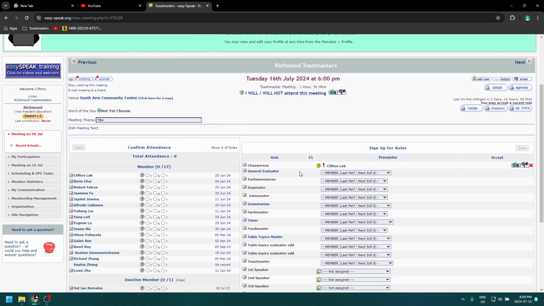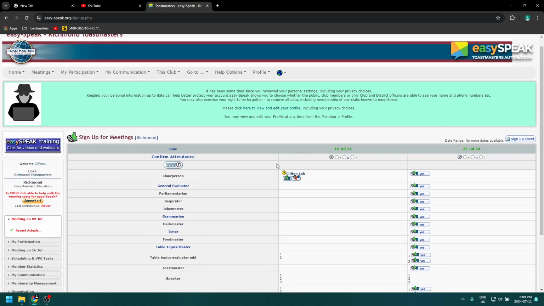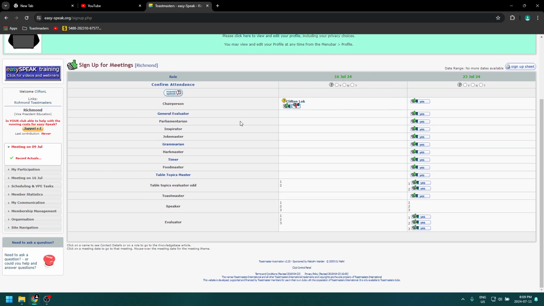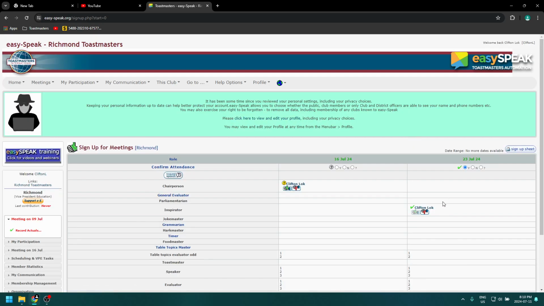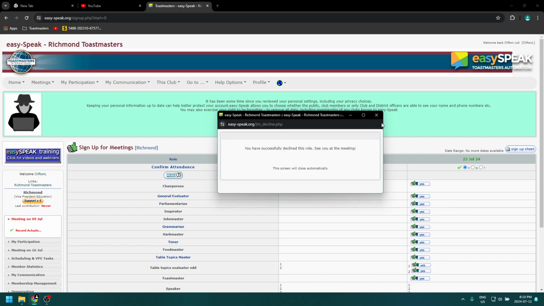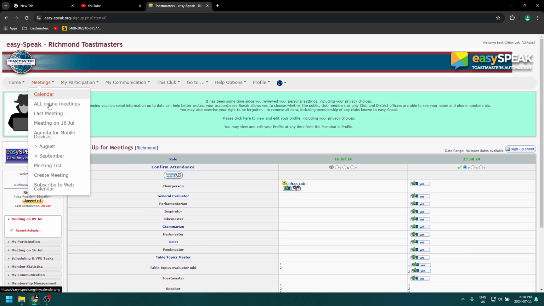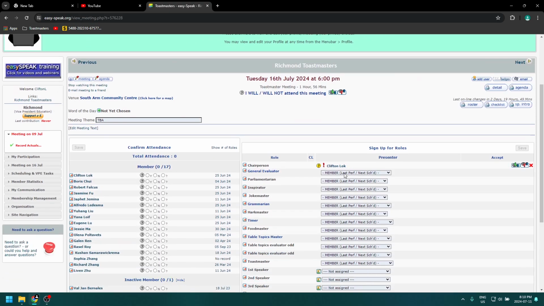Now, this is different from the member side. The member side, you would go for participation, and you can see here. So say, for example, they want the inspirator role. So as you can see, I'm acting as Clifton, so I'm not able to pick multiple roles. So if I just go back to the meeting again and unassign that role to me,